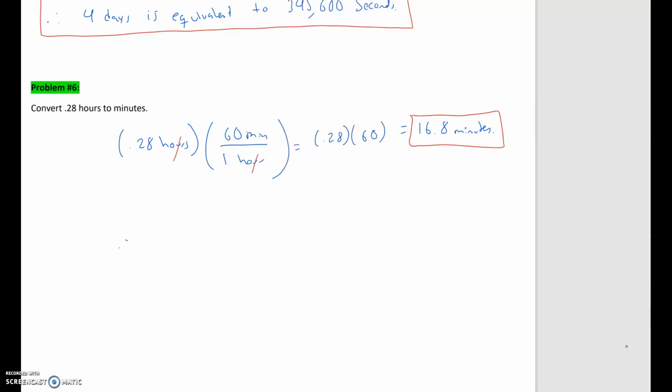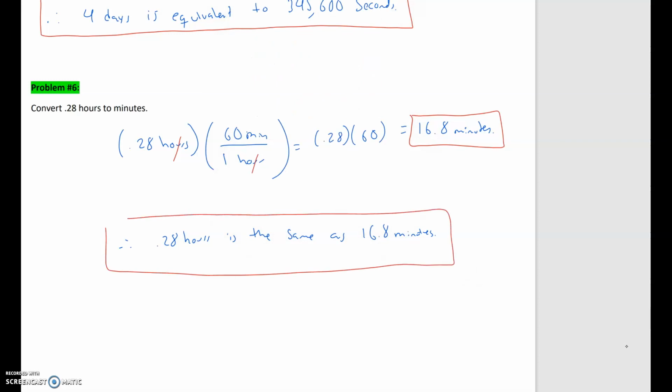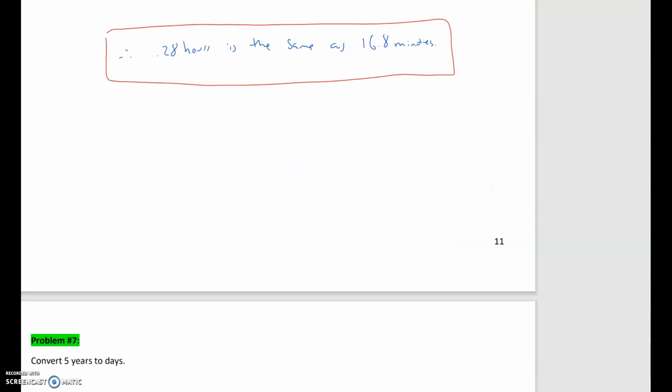And let me just rewrite it as 0.28 hours is the same as 16.8 minutes. Okay, let's move on to problem 7. And they want us to express